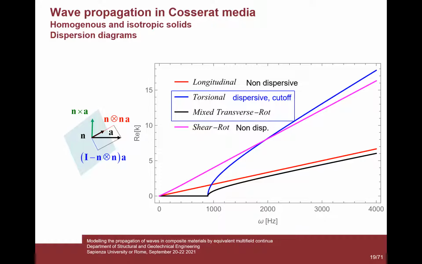This one is almost a line. When I show you the diagram showing the wave propagation, you see that it's not exactly a constant wave propagation velocity. And this other one is a mixed transverse rotational wave, which is a sort of bending shear wave. While this other one, this purple wave, is sort of a shear rotational wave, where the rotation occurs in